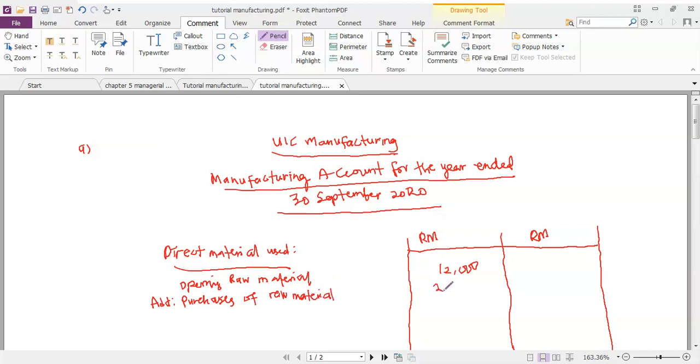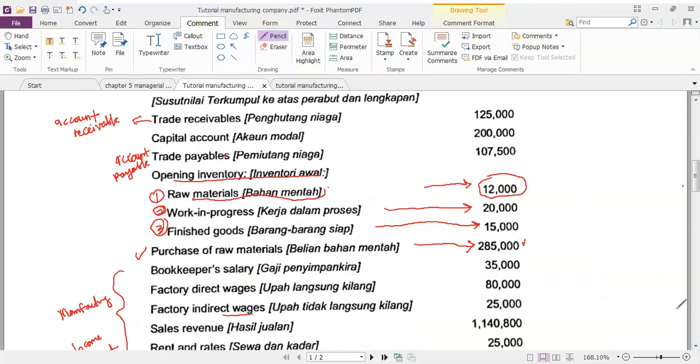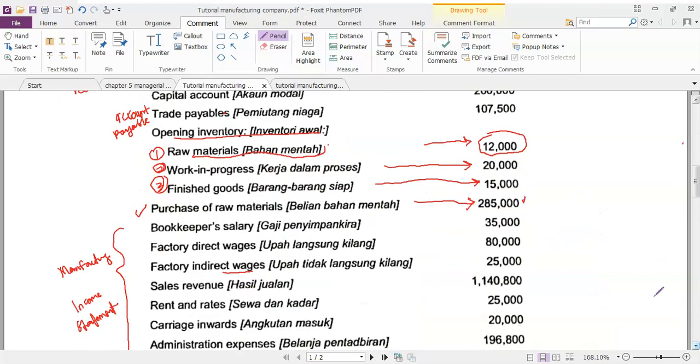Okay, 285,000. Okay, what else? Okay, after we put the value of the purchase of raw material, you should add on also with